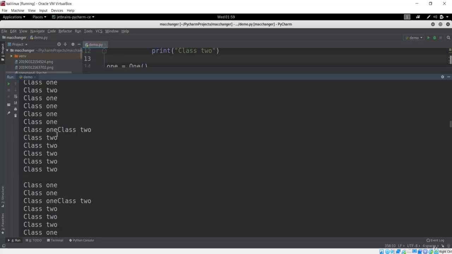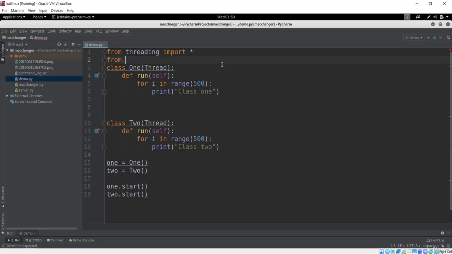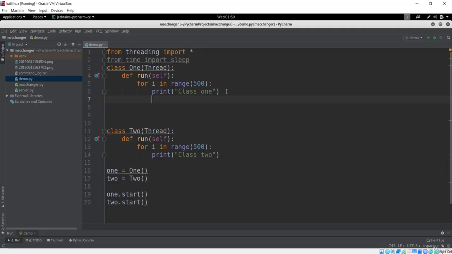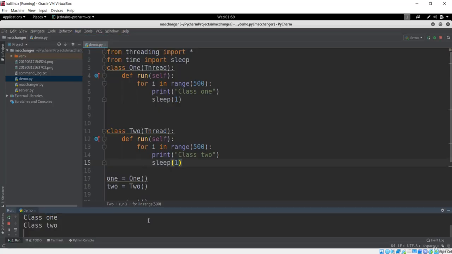So let's see if there are any differences between the class 2 and class 1 timing. For that I want to make a sleep for every operation in this class. In order to do that, we have the time module. From time I want to import the sleep method, and after every print from class 1 and class 2, I want to sleep maybe 1 second. So after every print I want to sleep 1 second. Let's see if this works and we can see the two threads running together. Run the demo again, and let's go real quick.